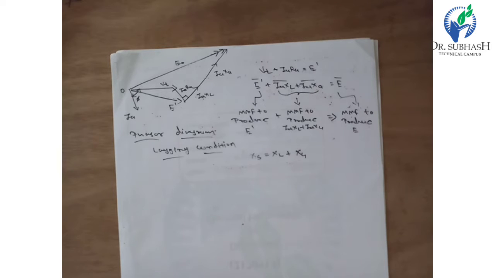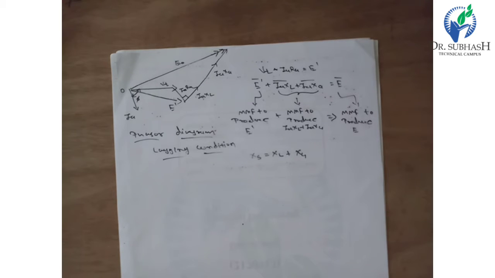The nature of the armature flux is demagnetizing, so the flux is in the opposite direction to the field MMF. So we consider the MMF required to produce the armature current in the reactance. The MMF required to produce the armature current and reactance drop considers only the demagnetizing effect. The leakage reactance drop is considered as an additional drop due to the armature reaction. The MMF will be in the opposite direction in this connection.